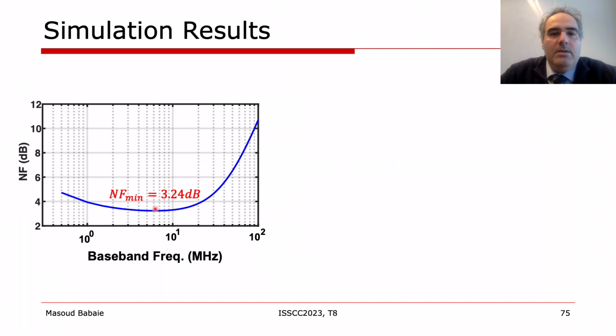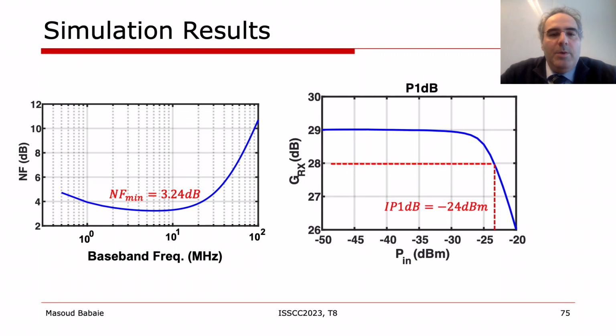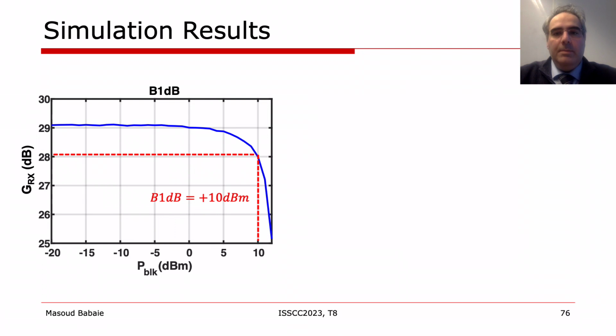The simulated receiver noise figure is around 3.2 dB, and the noise figure increases at offset frequencies below 1 MHz due to the flicker noise corner of the baseband amplifiers. The simulated IP1 dB of the receiver is minus 24 dBm, which is slightly larger than the estimated value in the design guide. The simulated B1 dB of the receiver is plus 10 dBm, which matches very well with the